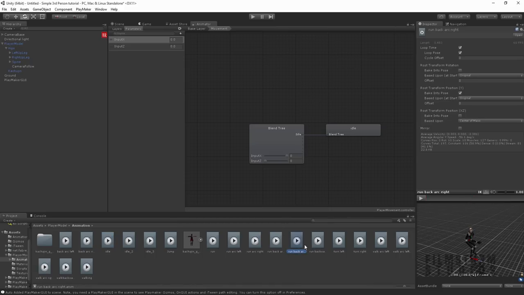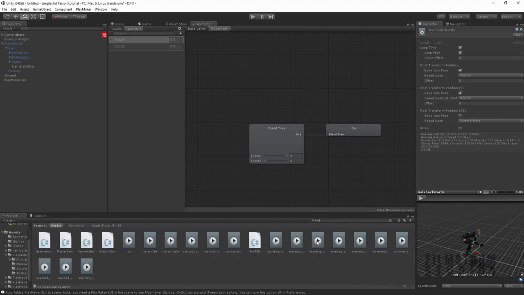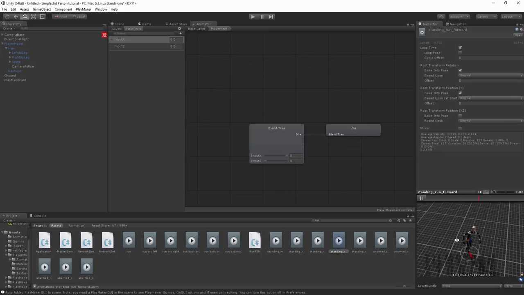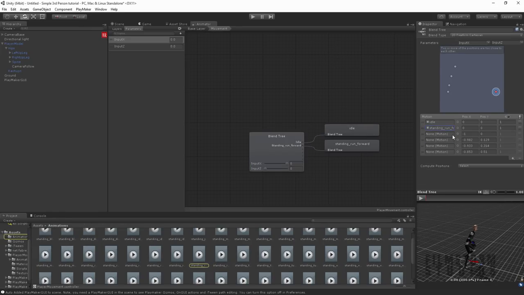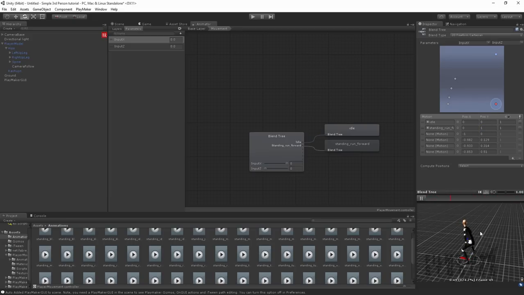Basically what we want to do now is look up our run. So we have our run forward, the one that we just added last time. Let's look up run, and we should be able to find our run forward. That one's already been unticked, and you'll notice that it goes perfectly underneath. So let's drag this into here, which is our run forward. We'll want to make this positive Y 1 because we're going to be pushing forward. You'll notice that she's sitting in idle now. If we move our little stick and push it forward, she goes to a run.